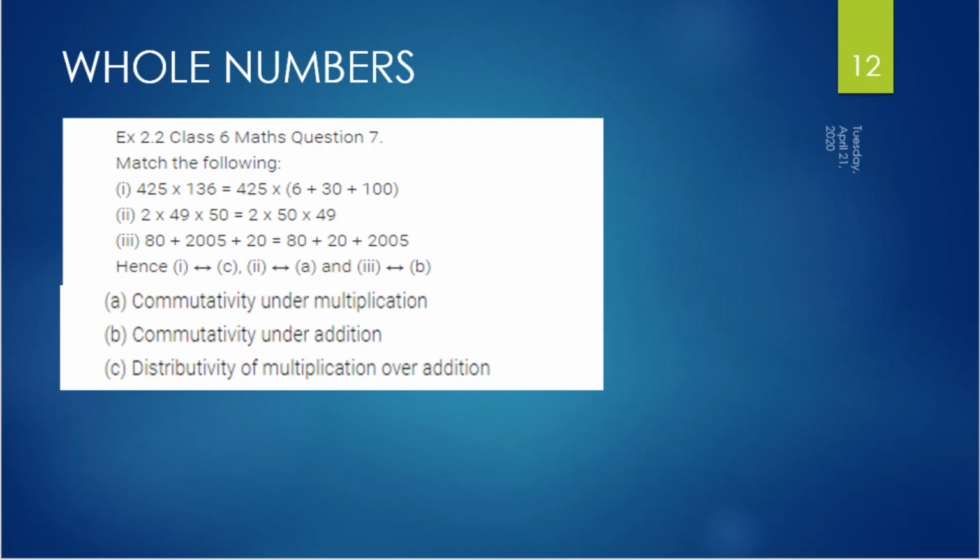So second one is 2 into 49 into 50, which we will be rearranging as 2 into 50 into 49. So the second part is matching with commutativity under multiplication. We have just exchanged the places of the digits. Then third is 80 plus 205 plus 20, which is 80 plus 20 plus 205, will be commutativity under addition. So it is the commutativity, means you have just commuted the values from one place to